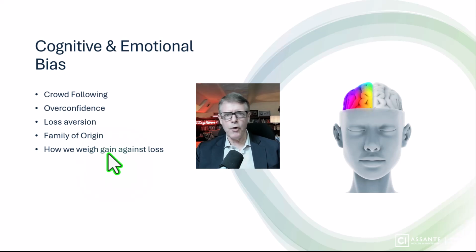We weigh loss far more heavily than the potential of gain or real gain. Psychologists would tell us often it's a 2 to 3 to 1 ratio. So if you get 1 unit of loss, you need to get 2 to 3 units of gain or good stuff to have the same emotional equivalence, right? So as a consequence, because we have that bias, we weigh the potential for loss far more in excess of the gain, and that influences decisions and sometimes leads to bad decisions when it comes to financial planning and retirement planning. So in this video, we're going to talk about some strategies that you can put in place to overcome the fact that you're a human being and you're not a robot.